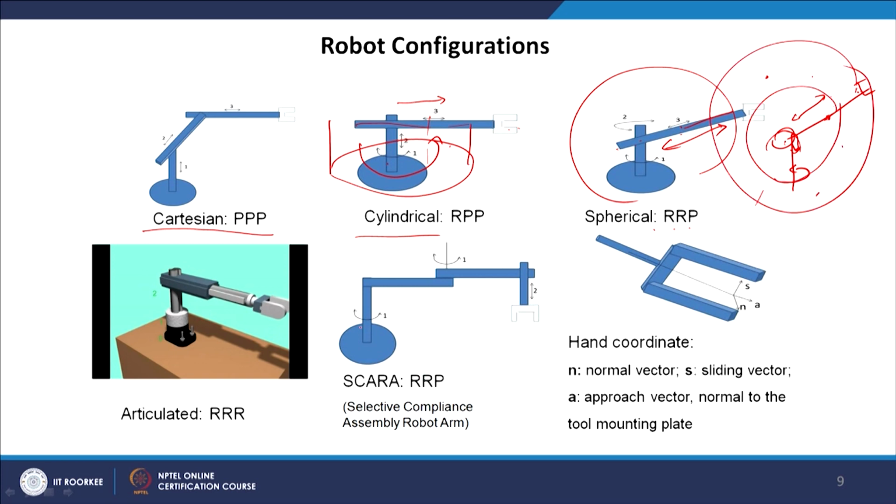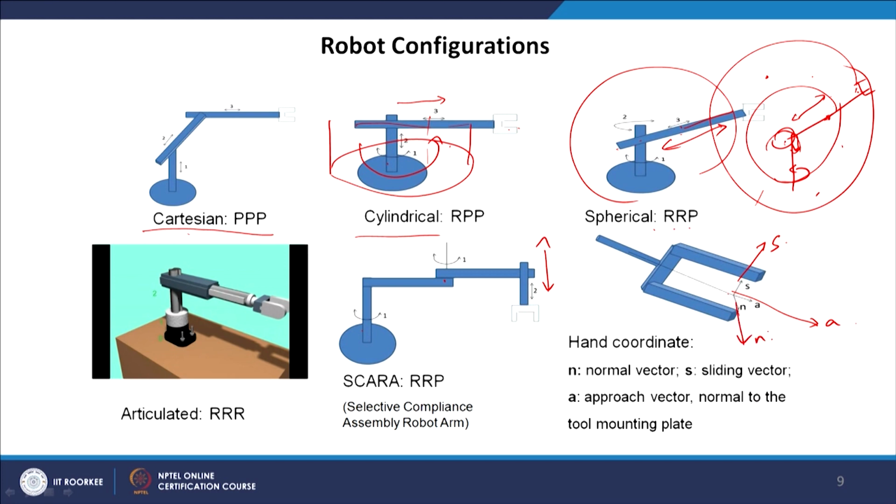And here we have a revolute joint at the base, a revolute joint at this link, and a prismatic joint which will make the link go upward and downward. For the end effector, normally we have to fix a coordinate frame, which is given by the perpendicular vector called the approach vector. If you connect the two fingers by a straight line, this direction is called the sliding vector, and the perpendicular to both the sliding and approach vectors is called the normal vector.